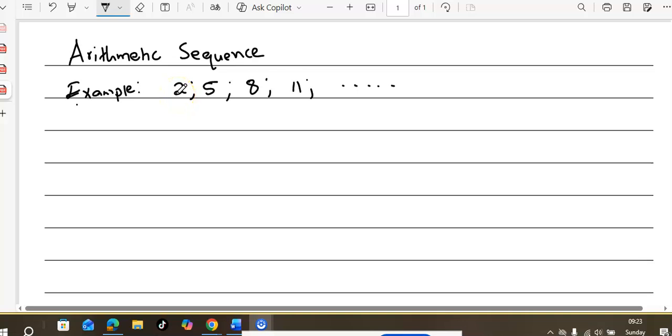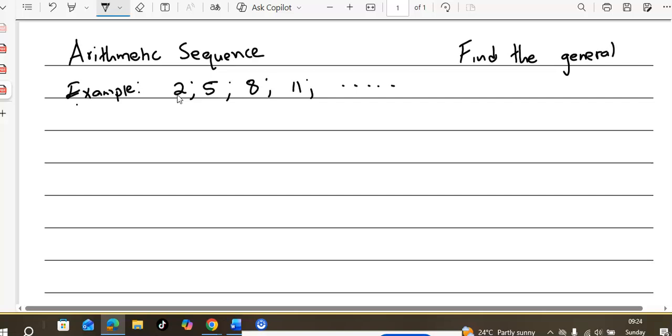Let's say the question says, find the general term. So let's find the general term. Remember, the general term, we are talking about the Tn. And remember, if this is what? If this